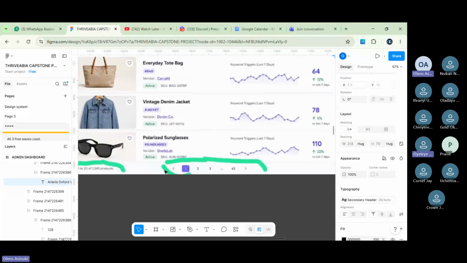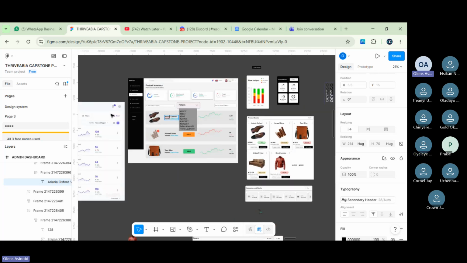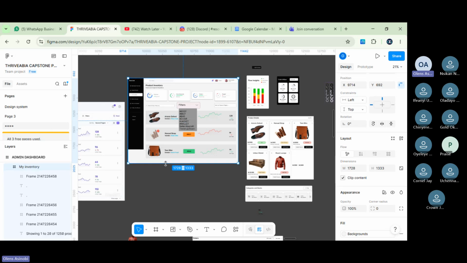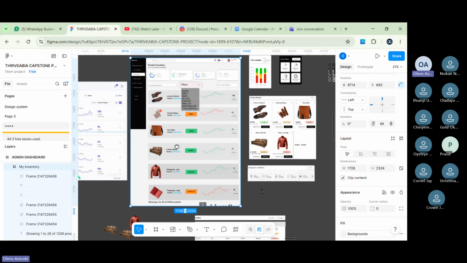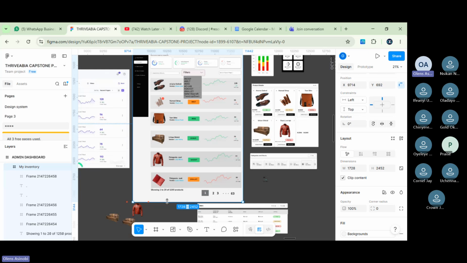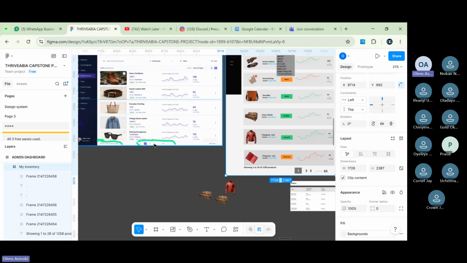I think they've done that thing there. I'm not talking about that one. Wait, let me show you what you're telling me. That is what they've done. This one, they are not done. I'm telling you, they are not done. They can't be done. It's not done yet. So see how the thing is small.